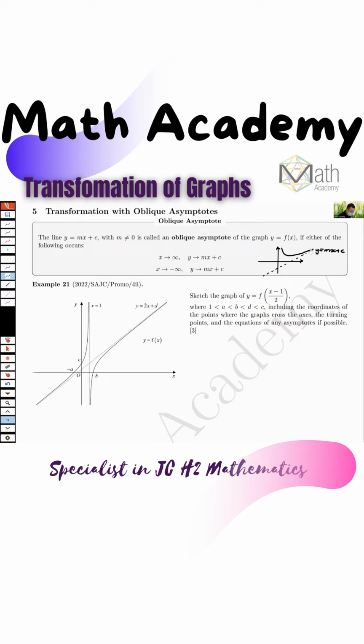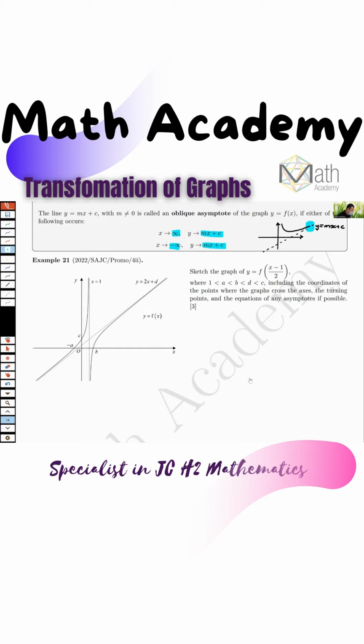the asymptote. So the definition of an oblique asymptote is that at this extreme end region, which could be either towards the right-hand side or the left-hand side, either infinity or minus infinity, you have your graph tending towards mx plus c. If the graph tends to mx plus c, then we say that mx plus c is an asymptote of the equation. So why I need to recap on this is because there will be transformation graphs that take on